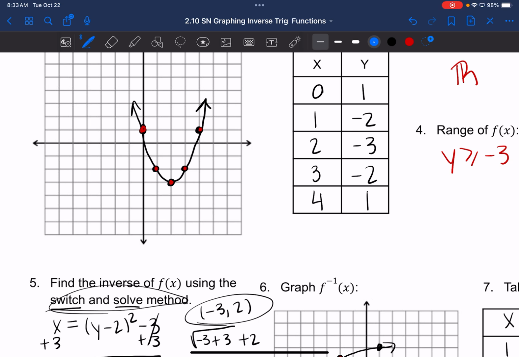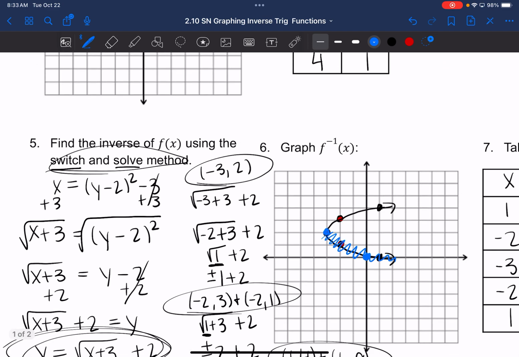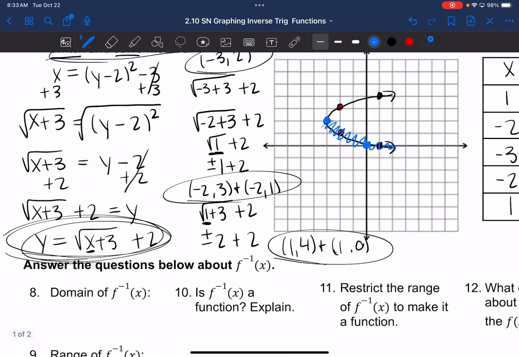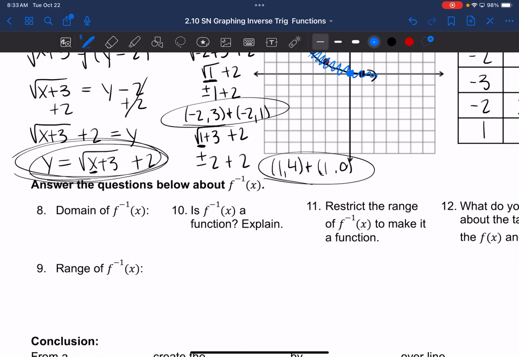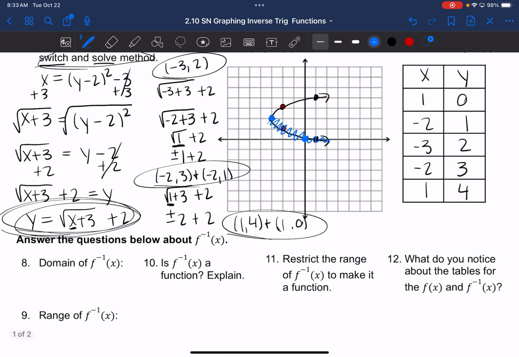Since I switched the x's and the y's, I get rid of the left side. Okay. So if I was trying to get rid of the left side, that should help us answer some of these questions down here. So for our new function, this one that we just drew, in this picture,